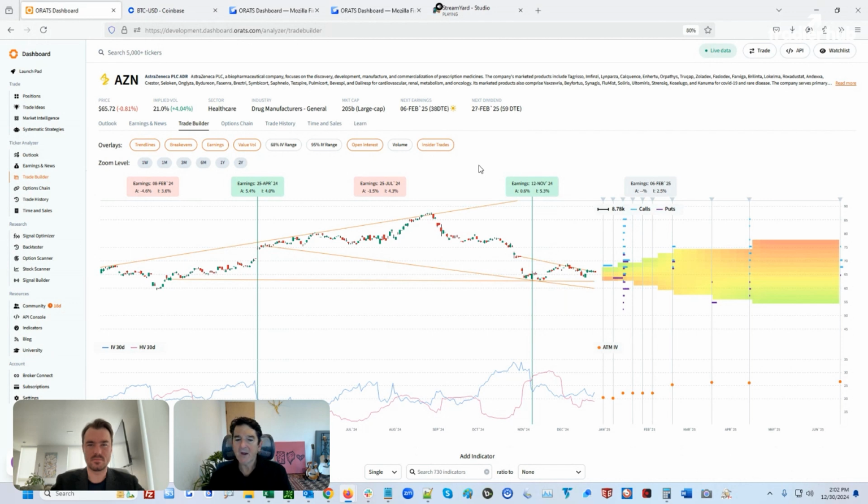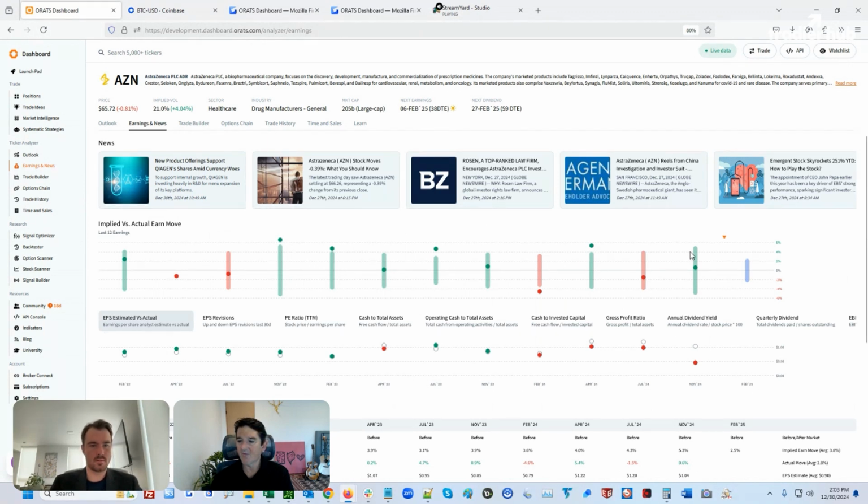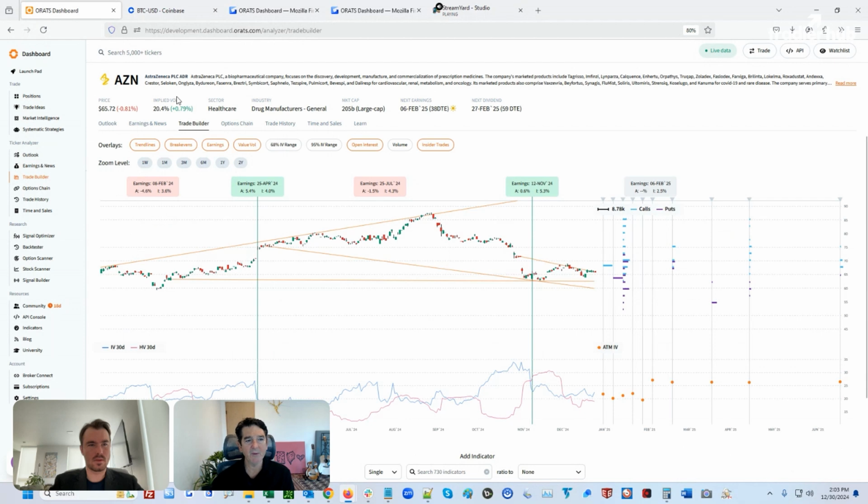Yeah, thanks. So the ORATS dashboard, our online tool, is built on top of our API. All the data behind this is available in most cases for purchase and subscription, including these earnings dates. We'll start with that since we have AstraZeneca on. We have an earnings core file that has all these implied earnings moves and the actual moves and these types of things. So back to the trade builder, again staying on AstraZeneca, you could notice that we have